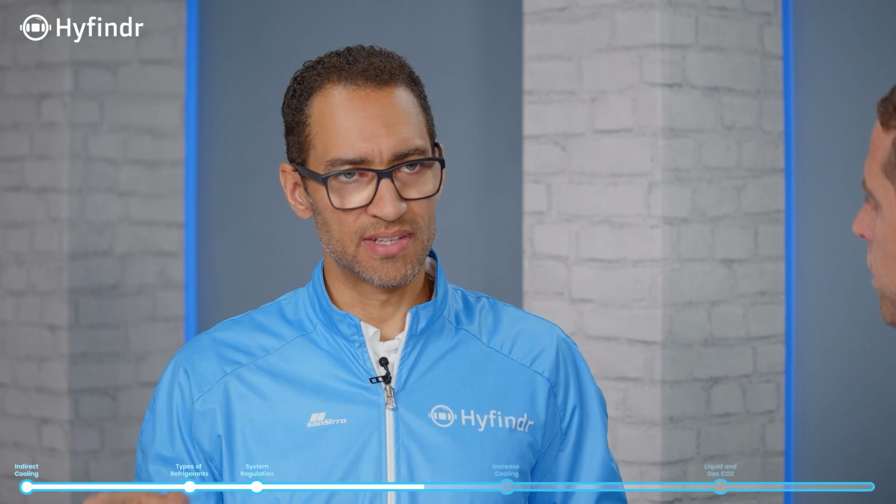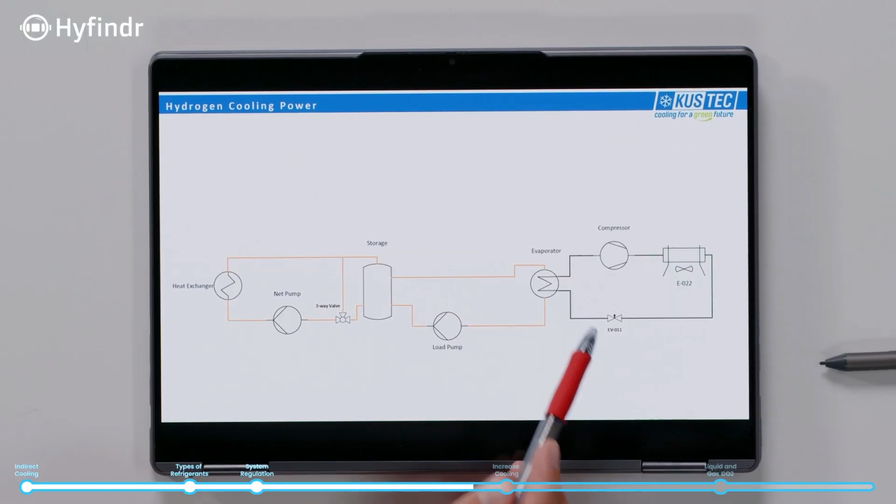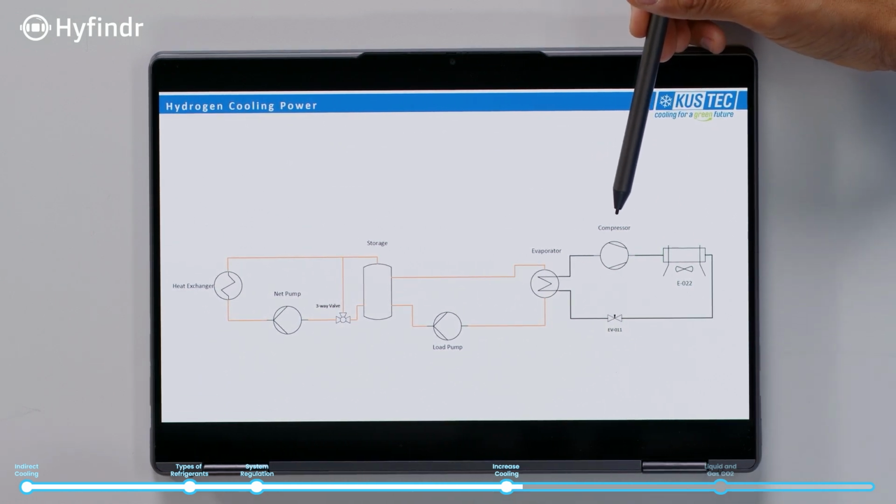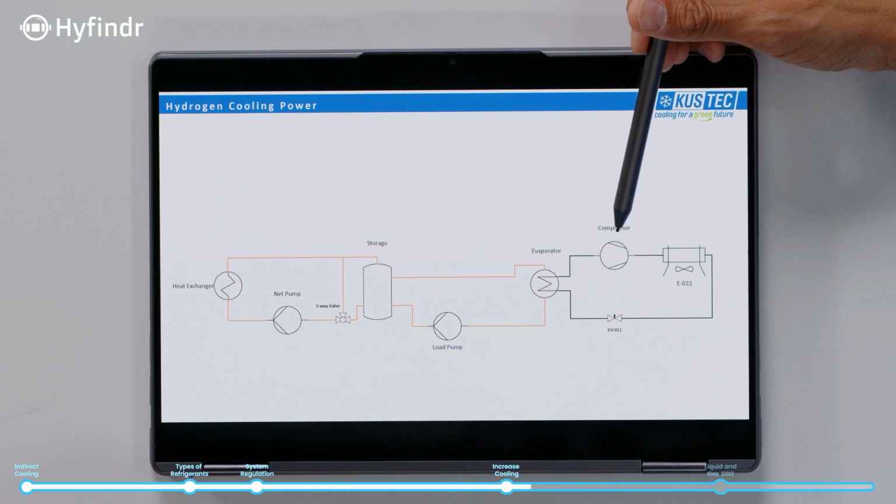Do you actually know what pressure or what temperature is in the car? No, we don't receive this info. Okay. And then we can regulate our cooling capacity after that. So we can control the expansion valve, then the speed of the compressor. And we also have a hot gas bypass, so we can regulate our cooling capacity from 0 to 100%. Okay, so just looking at this diagram, if you want to cool more, what do you do? You spin up the compressor.